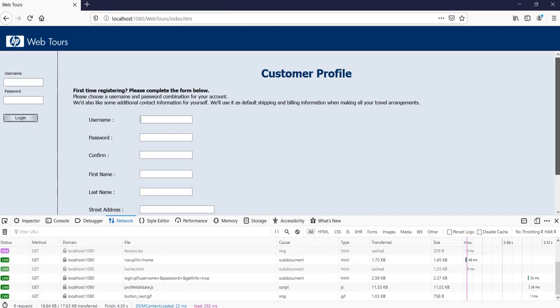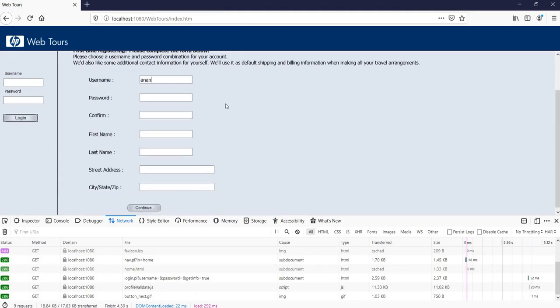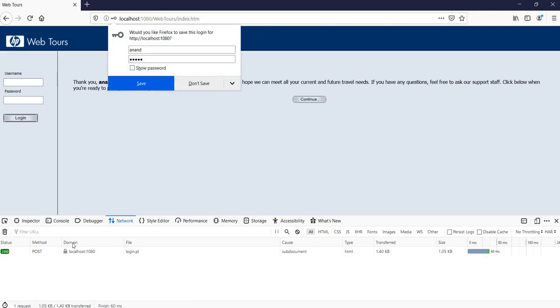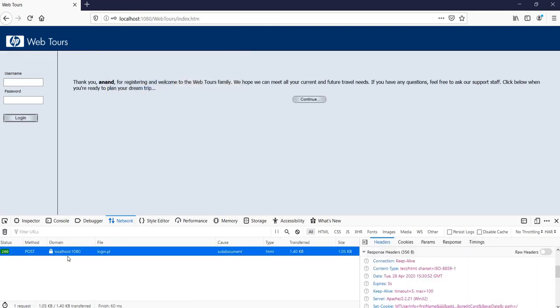I will enter a username, Anand, then a password, and confirm the password, and I am clearing this, and I say continue. So you see that we have got a method which is POST, but we did not get this after typing something over here and pressing enter.